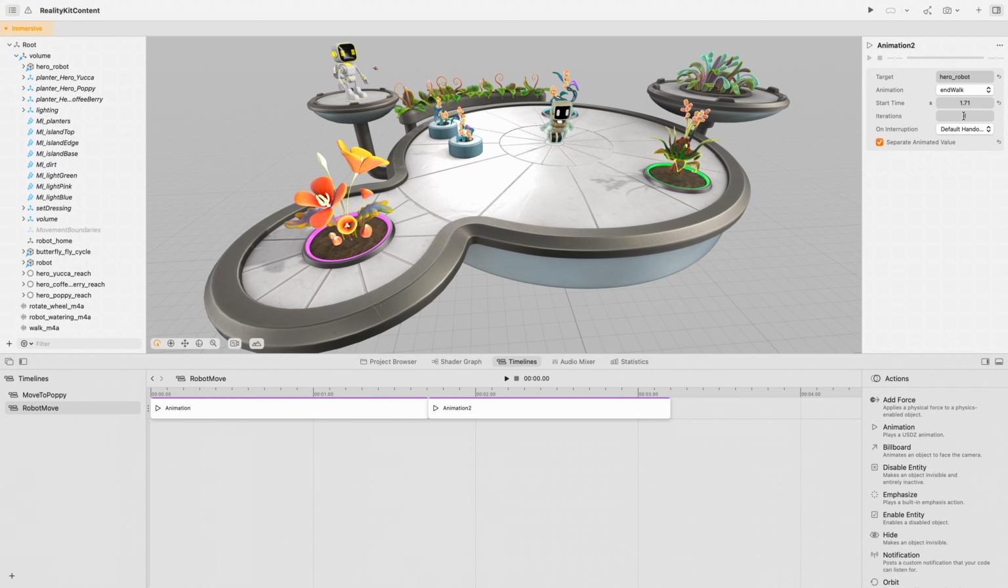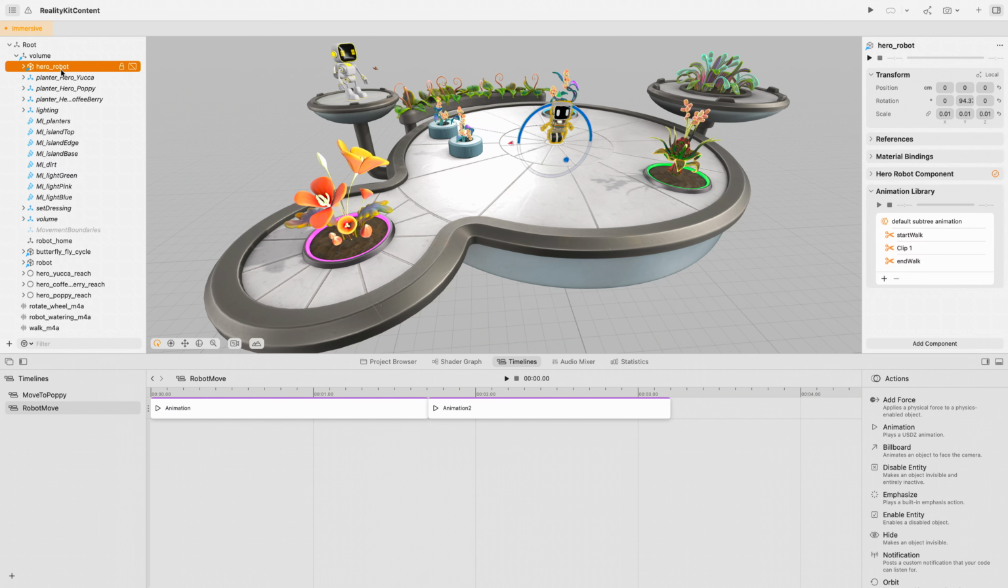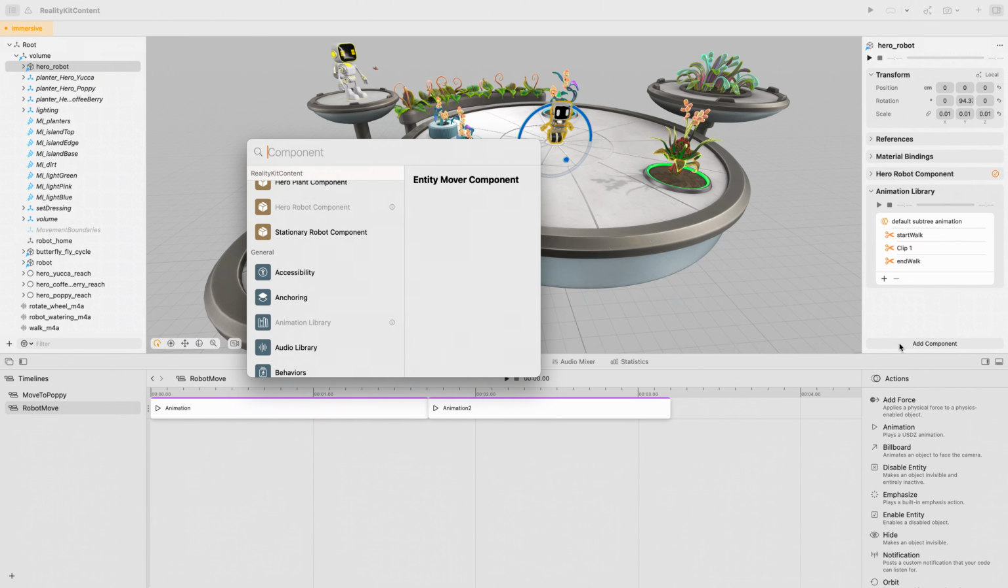While the animation is running, I want to play an audio clip at the same time. To do this, I will use an audio library component and an audio file I've already added to my project. Let's select the robot in the hierarchy. I'll add a new component by selecting the Add Component button in the Inspector panel and pick Audio Library Component